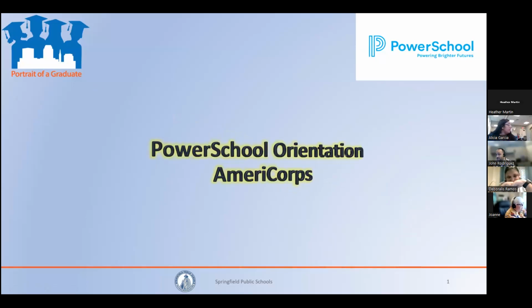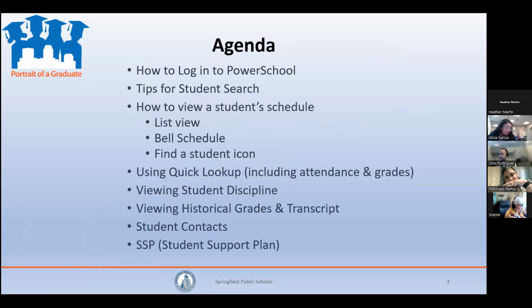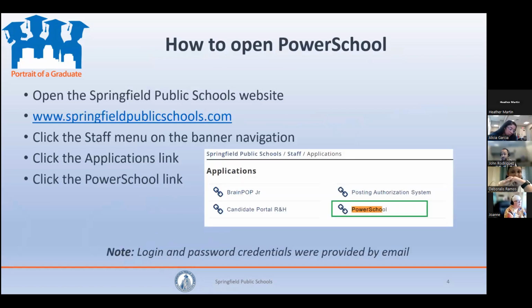So we're going to be going over just really the basic functions of PowerSchool: logging in, searching for students, making a selection, and what you can do with those students and what information you can view. For first things first, you usually want to use this method to open up PowerSchool. You would go to the SPS website through this link. You're going to click on the staff menu, then click on the applications link, and then as pictured here, the